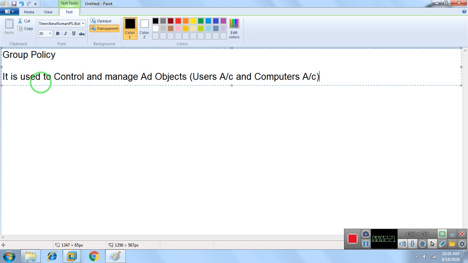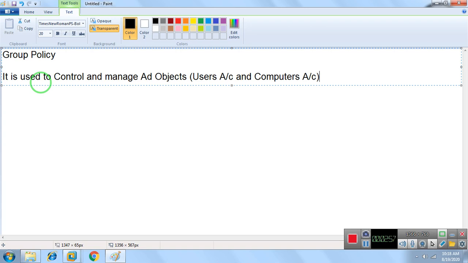Remember always that we have two types of security provided by Active Directory: one is group policy and the second is permissions. We apply permissions on files and folders, not on users and computers. Imagine I have three users, U1, U2, U3, and one file named file1. If I need U1 not to be able to access the file, but U2 and U3 to be able to access it, we need permissions.